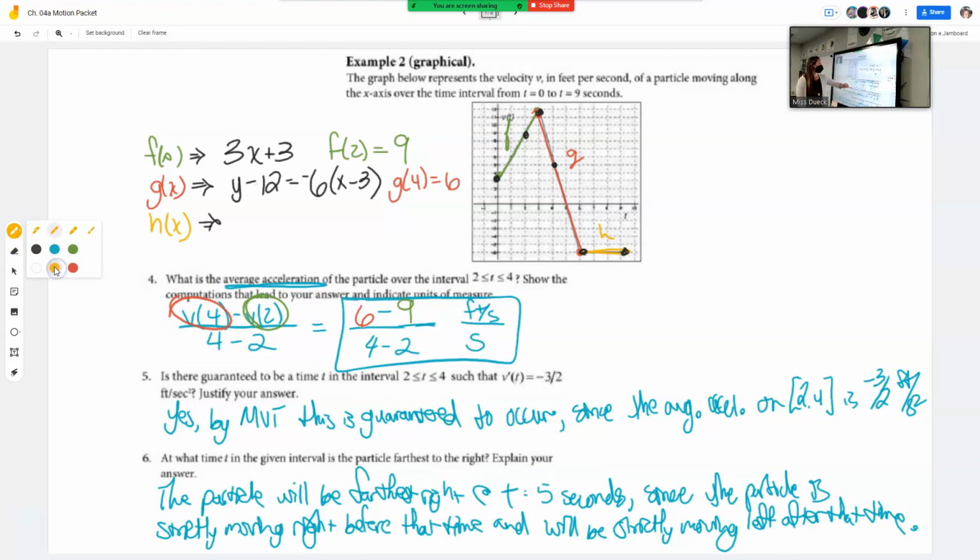Hey guys, all of this area that's accumulating, which is really just displacement, right? Or how far, position changing. All of this area is positive, right? So I'm moving right, moving right, moving right. You can see it by the positive area, the positive position change. Or you can see it by the velocity having positive values, like Victor said. But what's going to happen to all the areas after 5?